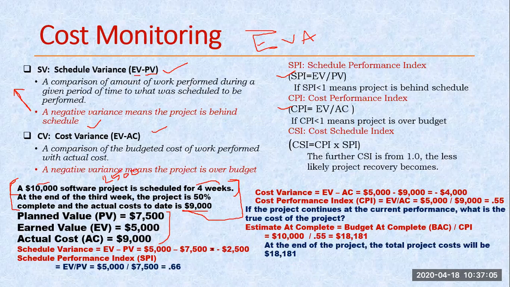Sir, how can we write the planned value? I had written it this way. This shows the end of the third week, so 3 weeks are already spent. Initially I calculated for 1 week what the cost is: the size of my project is 4 weeks, so 10,000 divided by 4 becomes 2500 for 1 week. Now it shows 3 weeks already spent, so 3 into 2500 becomes 7500.